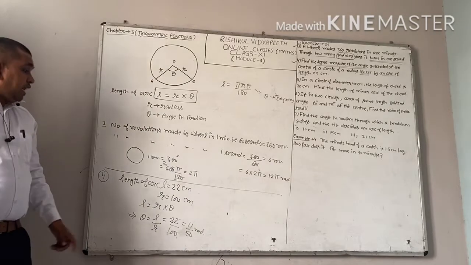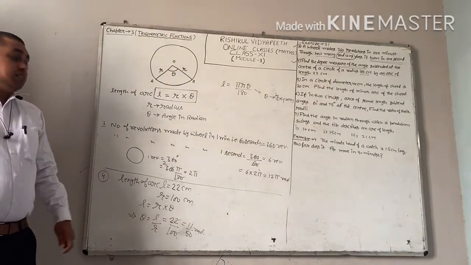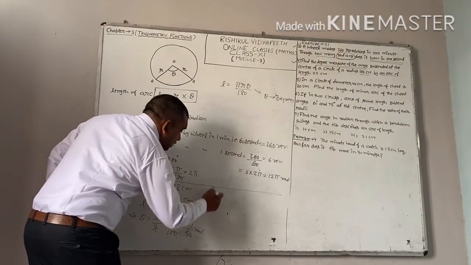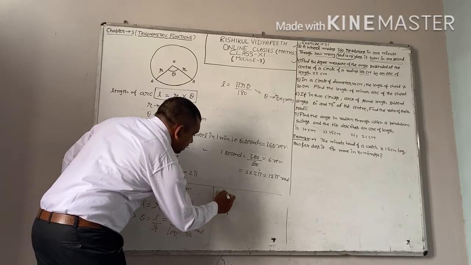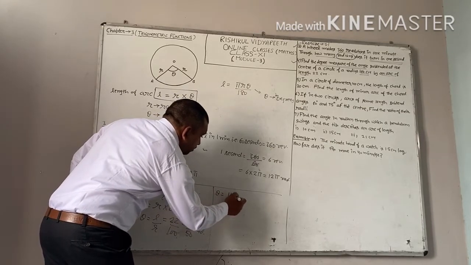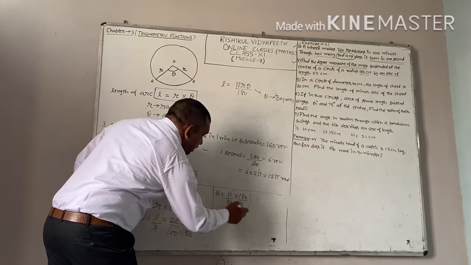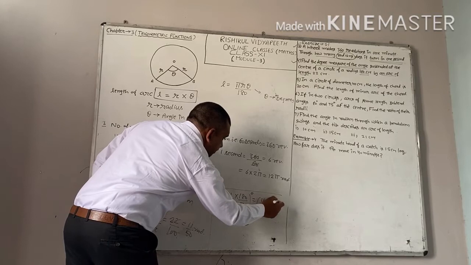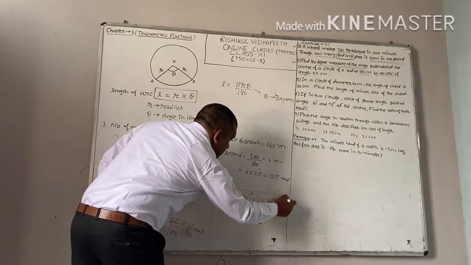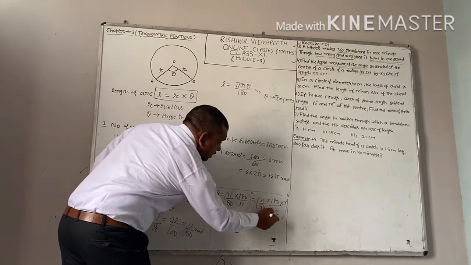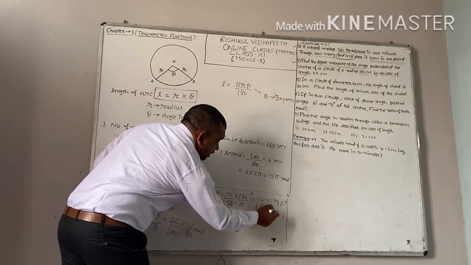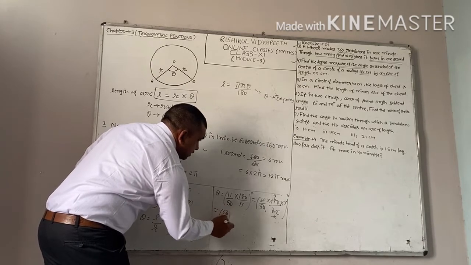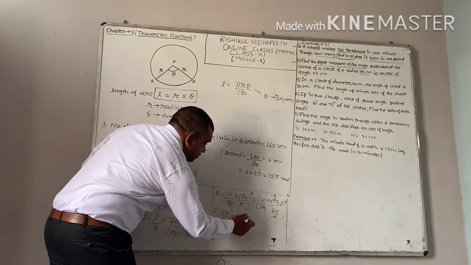But we have to find the angle in degrees. That's why you will convert this 11 by 50 into degrees. You can easily convert. Yesterday we have converted. Now see here, 11 by 50 into 180 upon pi degrees. Put the value of pi, which is 22 upon 7. Now 11 2s are 22, 1 0 cancel out, 2 9s are 18. This is your 63 upon 5 degrees. This is your 12 3 by 5.